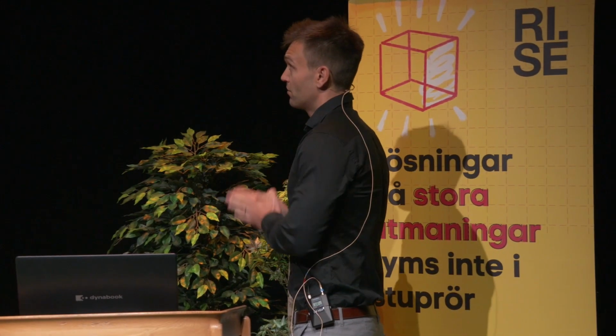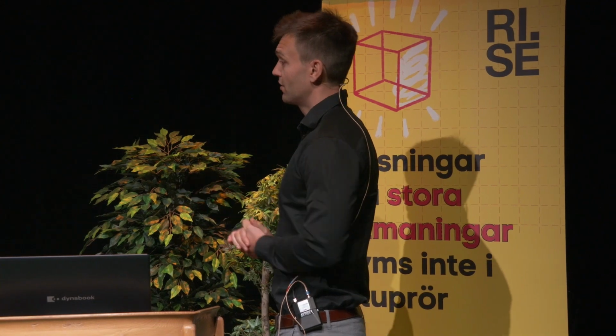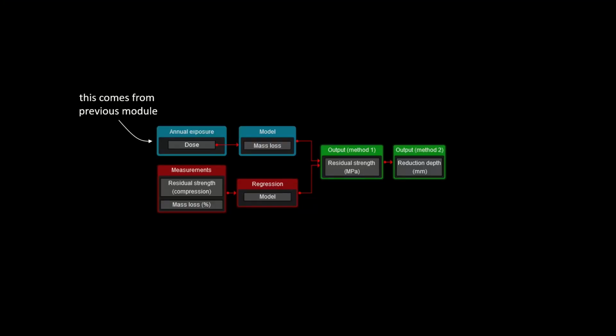Our objective here was to go beyond what we have worked with previously, which is the onset of decay, and see how we can connect this to the residual structural capacity of a structural component. So what we need here is, again, the exposure, because the exposure determines how fast the deterioration rate is in terms of fungal decay.